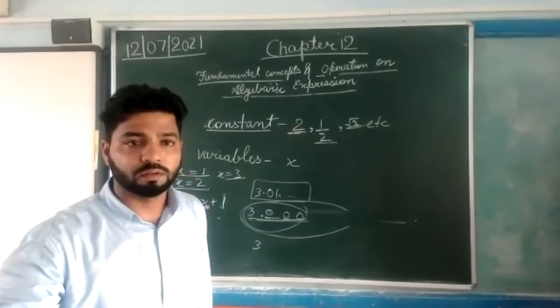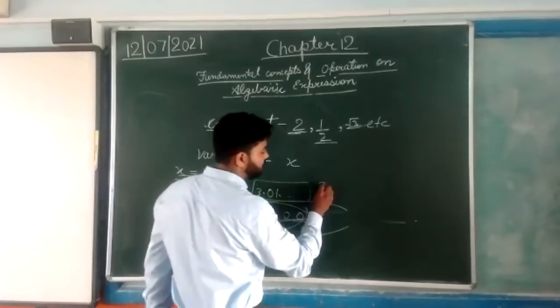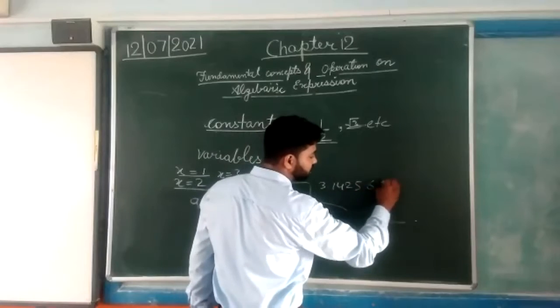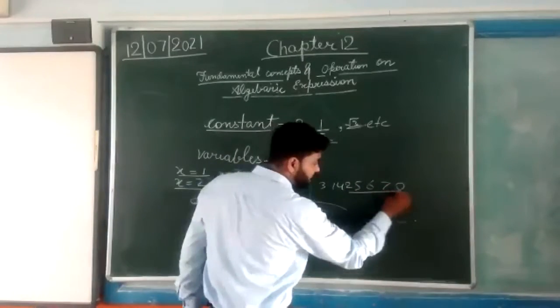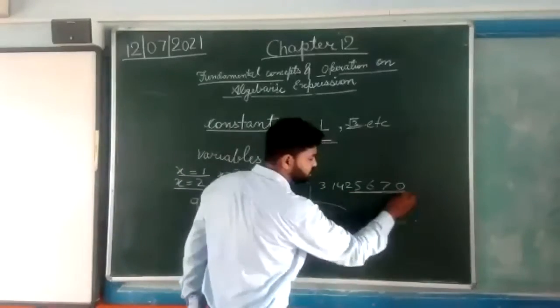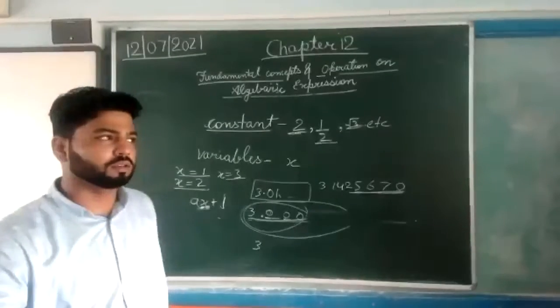So, sir, that's why 3.14 is constant because it is extended more. It is because it can be extended. Suppose it is going to 2, 5, 6, 7, 8. This value is negligible as compared to 3 because this is a very small value. So we are neglecting. Yes, Akash, tell me.